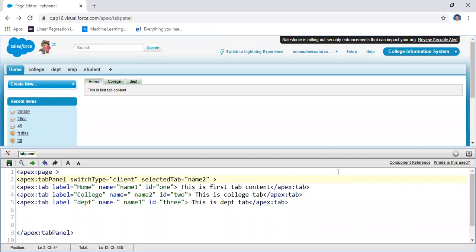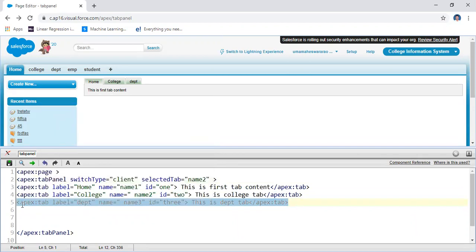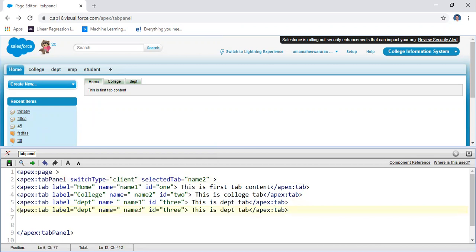Okay, in this way you will create different tabs. Similarly, you may create another tab for the employee. For example, for the employee, I am going to create another tab here. Emp, name equal to name 4, let us assume, and then ID equal to, for example, 4, and then another tab.